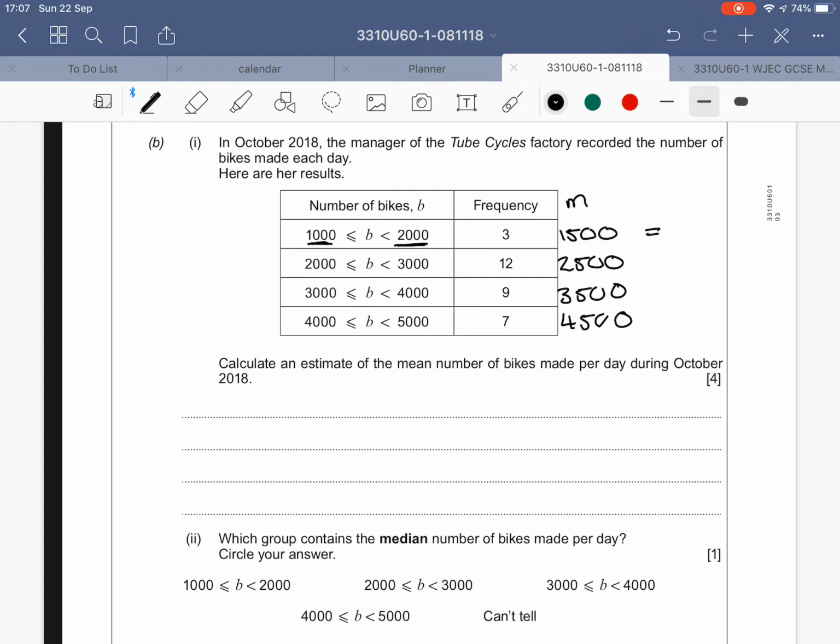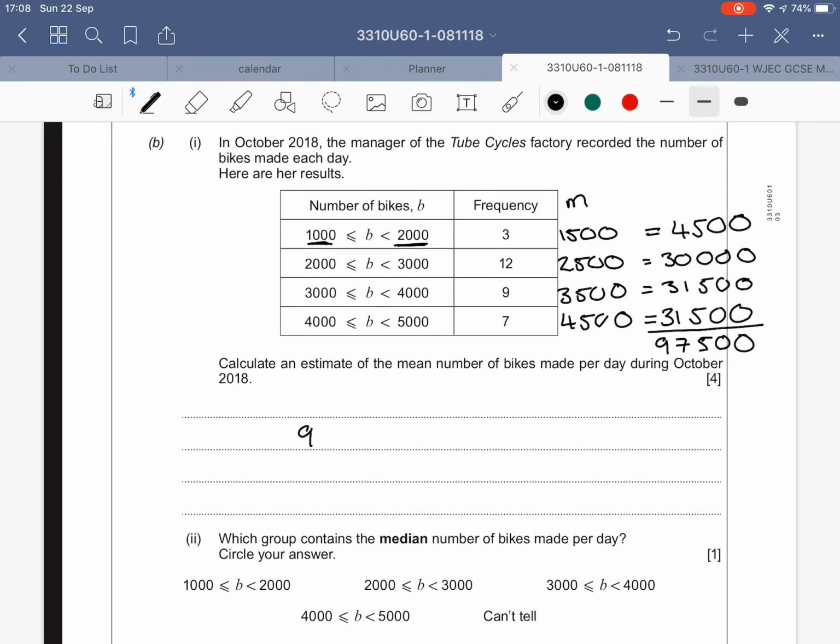So if we times those, we get 4,500, and if we do 12 times 2,500, we get 30,000, and 9 times 3,500 is 31,500, and 7 times 4,500 is also 31,500. Once we've done that, we can total them up. So add those up and we get